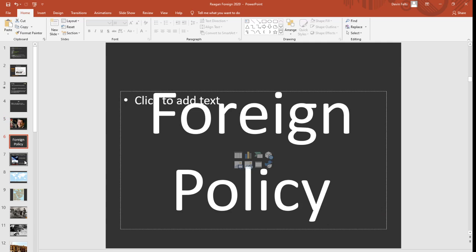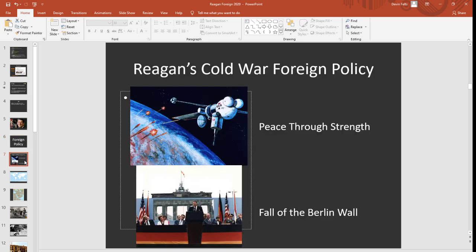So if we think about Reagan, before the break, we talked about Reagan's foreign policy. We discussed how his policy was different from Jimmy Carter's, the president before him. Jimmy Carter, remember, he went to China. He signed the SALT treaty with the Soviets. He was trying to improve relations, and then bam, President Reagan shows up. He says, get that stuff out of here, swats Jimmy Carter's progress, and he starts a foreign policy known as